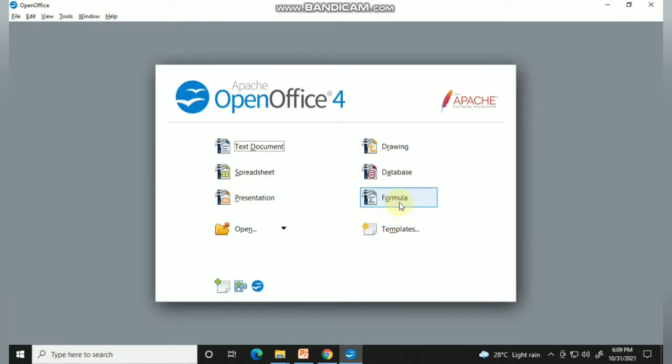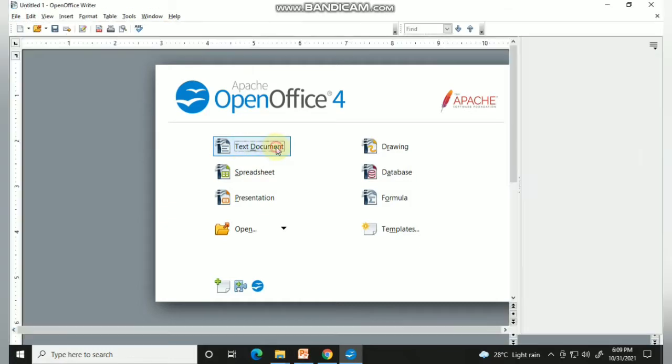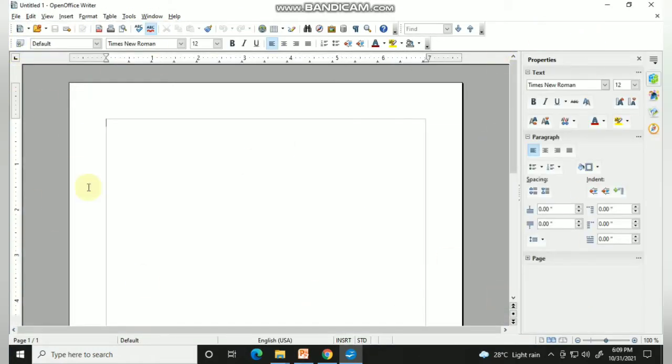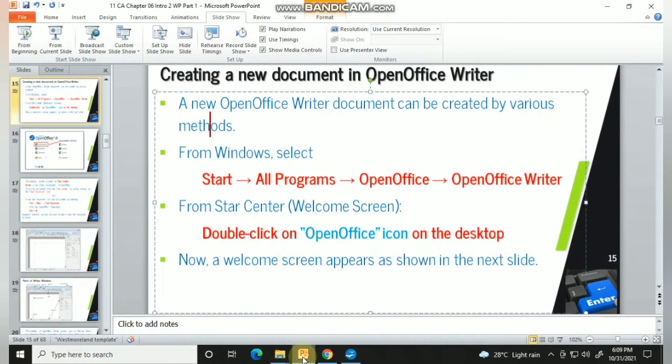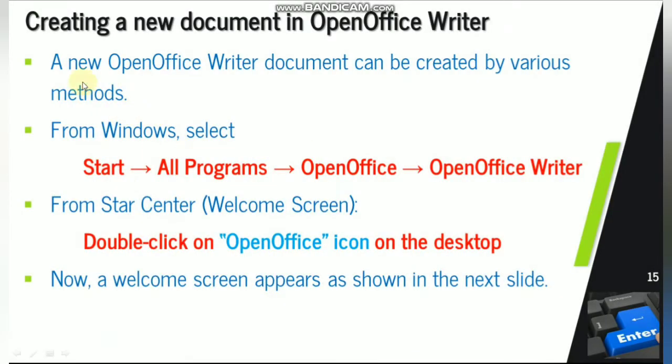The first screen you see when you open the Apache OpenOffice application is called the Star Center page. Here is your text document. Just click it, and here you can see your OpenOffice Writer working space, and this is your OpenOffice Writer application window. Clear? To open a new document, you select Start, All Programs, OpenOffice Writer.